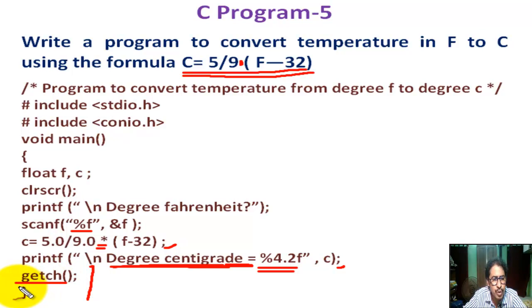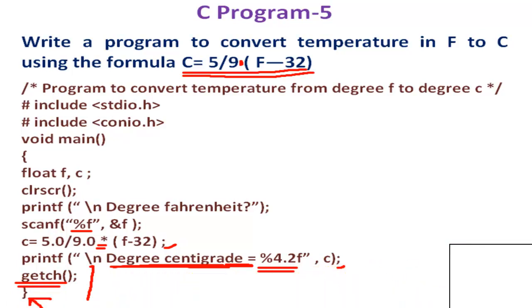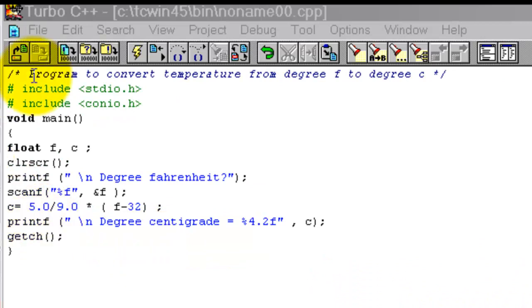At last we always use the getch function. Okay. The getch function holds the output on the screen. Next, block end. This is block end. Now we run the program.